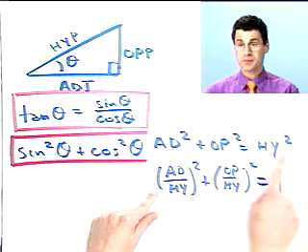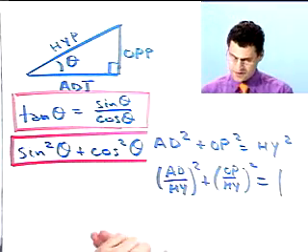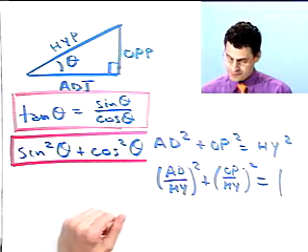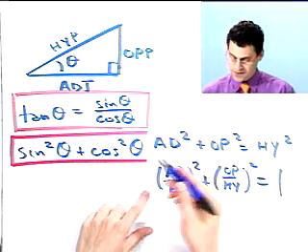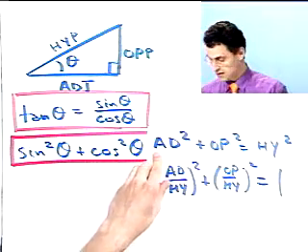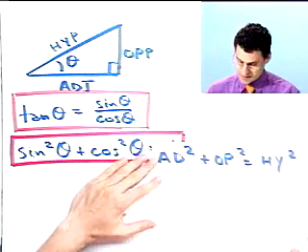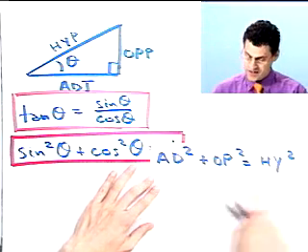Just take the Pythagorean theorem, divide through by hypotenuse, and you get this. What if we divide through by something else? Suppose, for example, we divide through by, well, what can we divide through by? Let's divide through by adjacent. If I divide through by the adjacent here, what would I see? Well, if I divide everything through by adjacent squared,